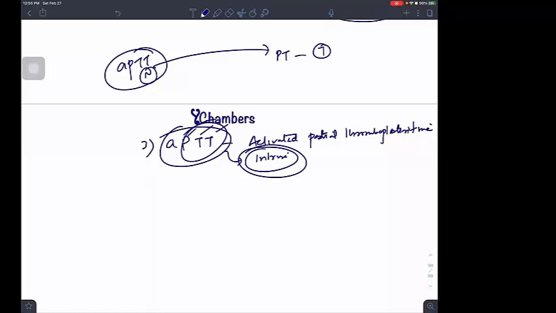Very nice. Table tennis, playing table tennis: the table is inside. But if I write PT, meaning play tennis, where is tennis played? Outside. That's a beautiful answer. So remember it like this, and you won't be confused at any time in the exam.